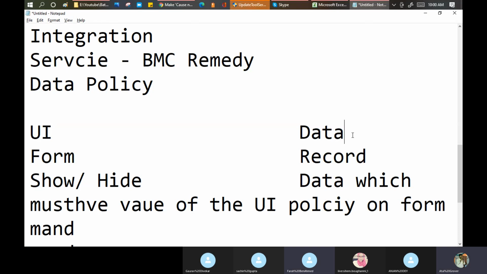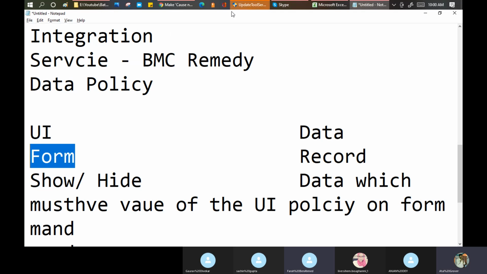That is the data I need to bring with me. If I don't have a license, I cannot drive in your country. But for you, it's a UI policy. You need only the local license authority, because you are a resident of that country. That's the form level view, I can say.